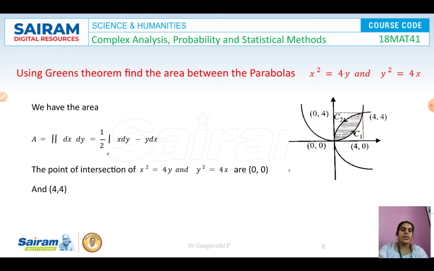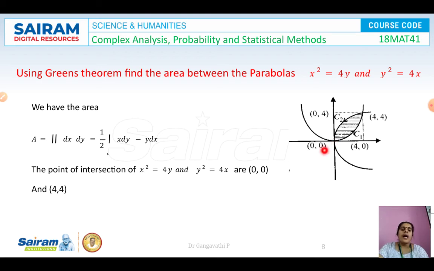It is a parabola which is symmetric on positive x-axis. This is the curve, and we have taken that as curve C2. We will observe both the curves have intersected at this point, and the region of integration is the shaded part. From the origin O to this point, it should be a simple closed curve. Start at this point, go in this direction and come back in this direction, so that the region of integration becomes a closed curve.